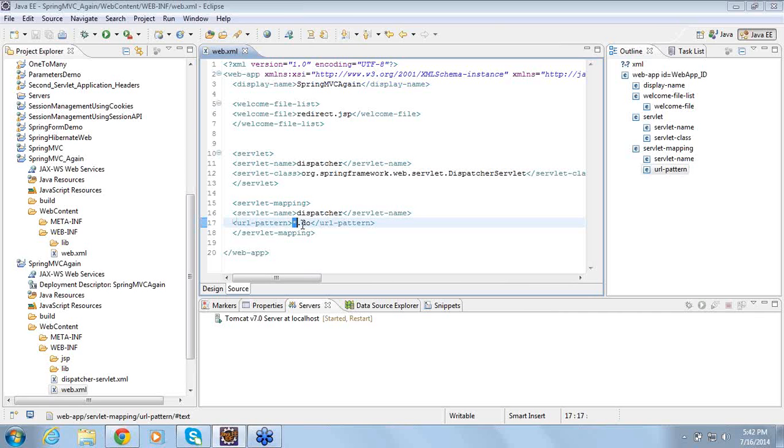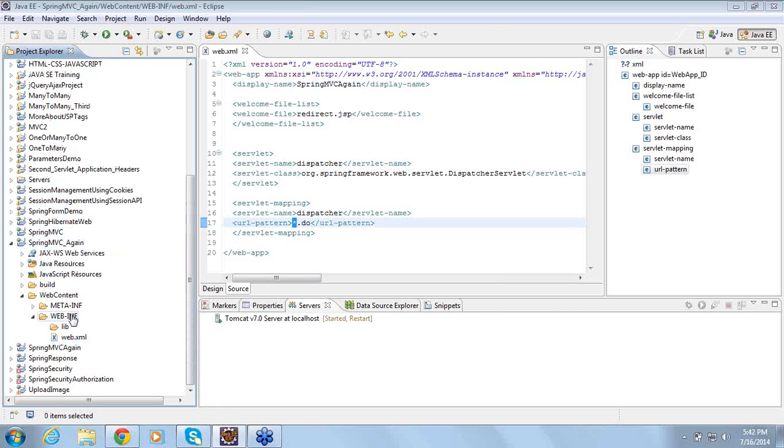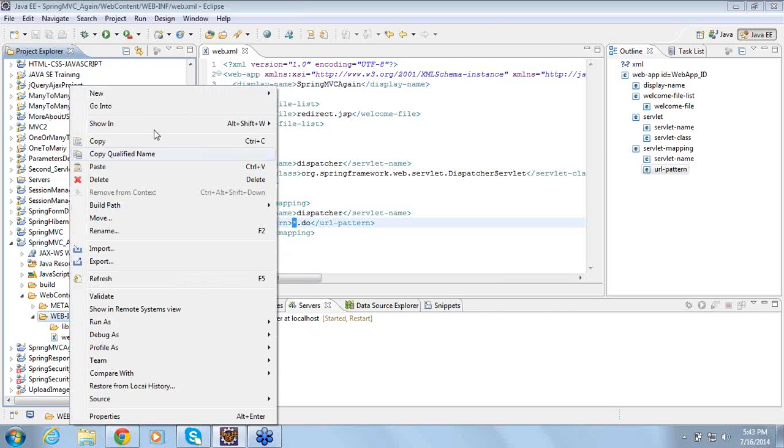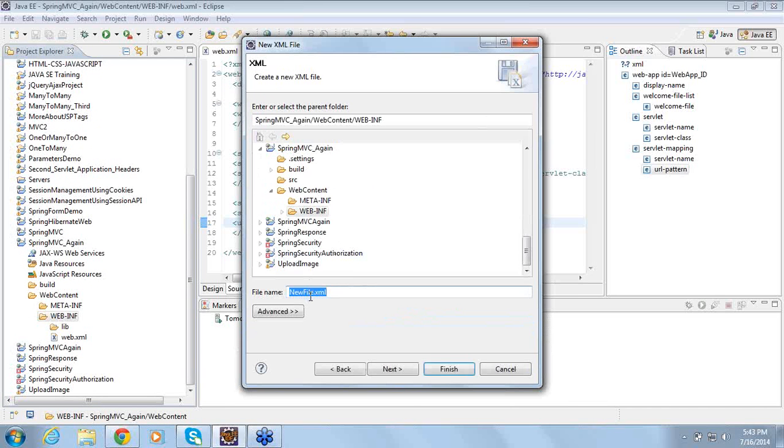The user requirement is specified in an XML document, and I would like to name that XML document as